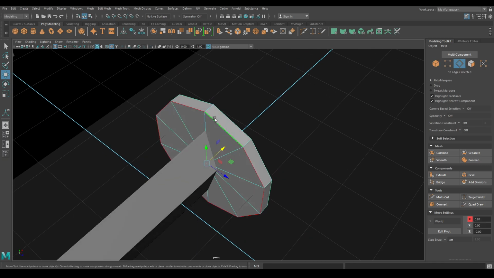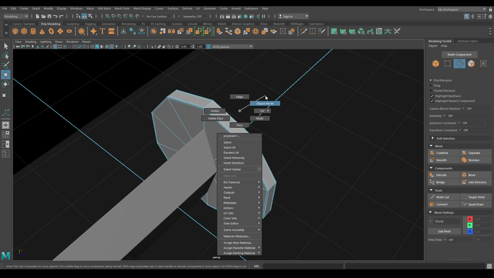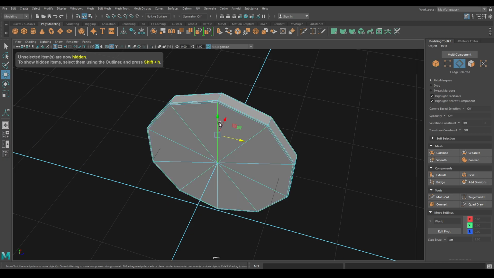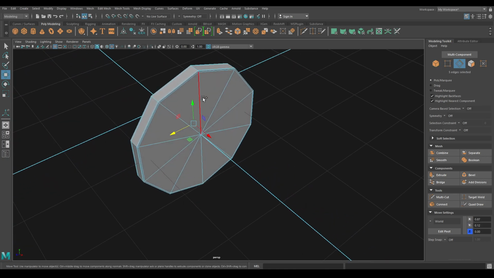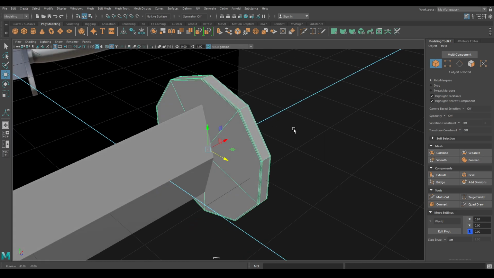Now go to edge mode, select these edges and bevel, turn the chamfer off, decrease the fraction to 0.2 and isolate this. Then go to edge mode and select these edges. Do the same on the back side. Delete them. Now bring back your model.